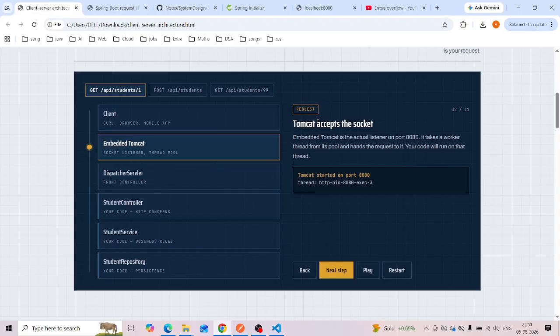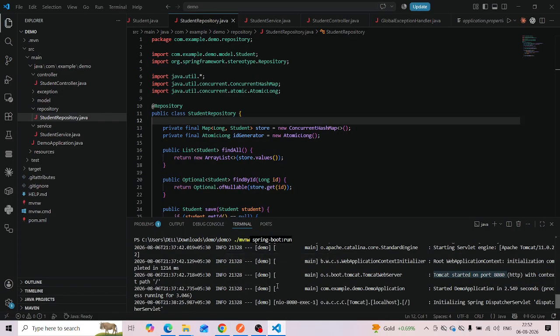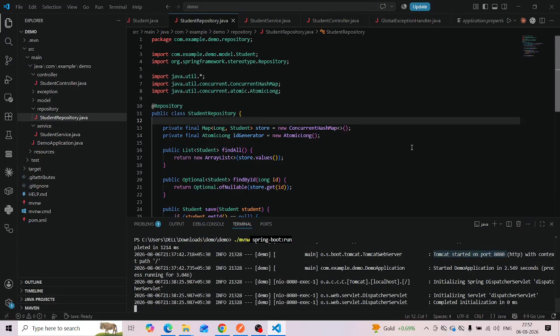So Tomcat is a listener: it takes the request and gives it to a worker thread, and now that thread will work. For example, this is the thread, so it will start working. You can see something like this, right?